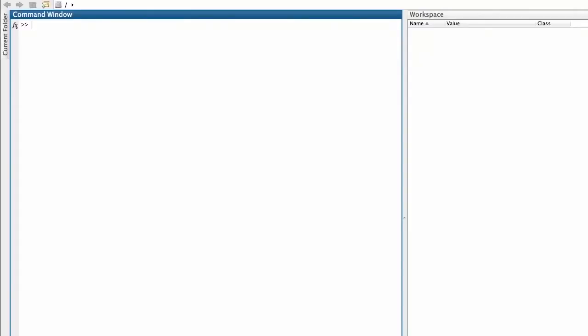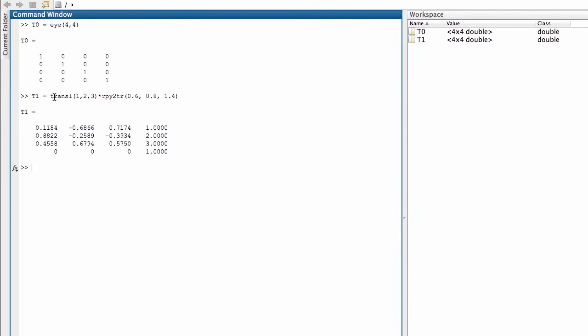Let's now interpolate between two poses described in terms of homogeneous transformation matrices. The first pose is a null pose. It has 0 orientation and a translational component of 0. The second pose has a finite translational component and a finite rotational component, as defined by this homogeneous transformation matrix here. Now, I can create a smooth trajectory between these two poses using the toolbox function ctraj, which stands for